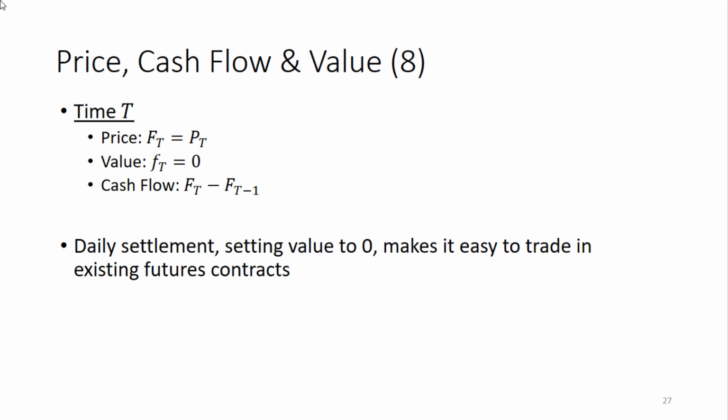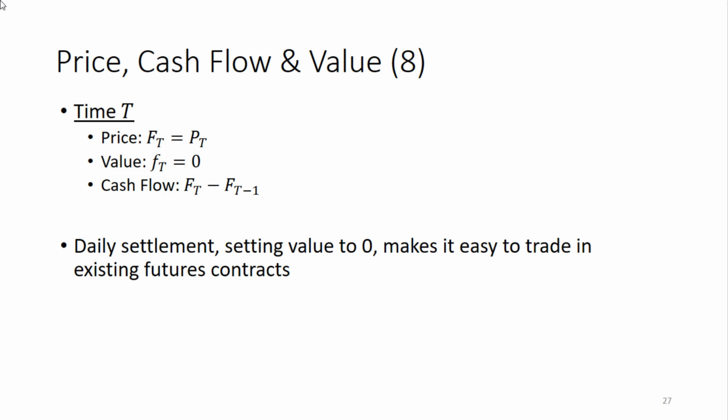So why is this daily settlement so important? So why is it important that on a daily basis there is a cash settlement, and then the price of the old futures contract no longer prevails, but only the price of the current contract prevails, and the value of that futures contract then is zero? Well, of course, if you do daily settlement, then every day there are contracts in the market with value zero, where there's only one price that prevails. And because these are the only contracts that are in the market, it's very easy to enter into these contracts or to get rid of them.